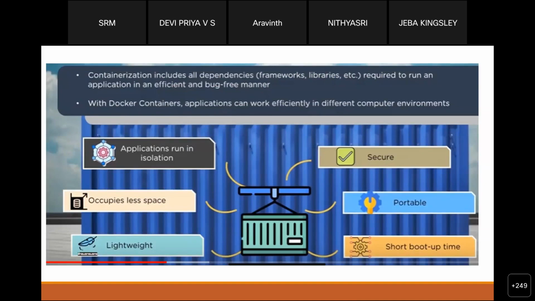And applications run in isolation, meaning they have their own isolated environment. Because of this isolation, they are secure, and we can move containers from one platform to another, which is why they are portable. It also takes less boot up time, since we are not dealing with any hardware for virtualizing the containers.